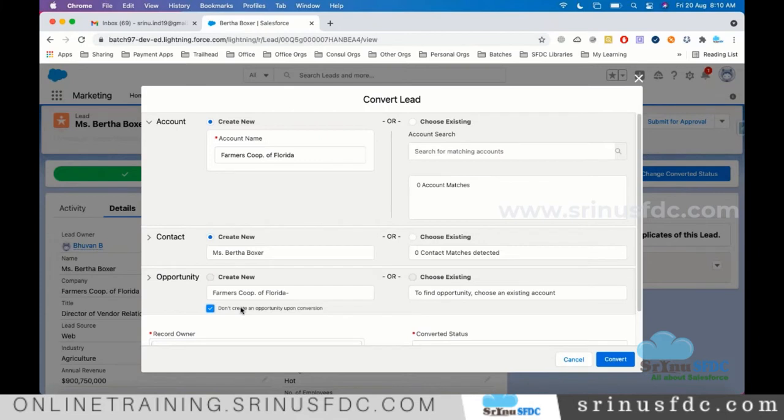Let's say a client is asking, they don't want to create the account, they want to create only a contact. If they ask like that, that is not possible. Either they have to choose an existing account or create a new one. Skipping that, without choosing or creating, is not possible.